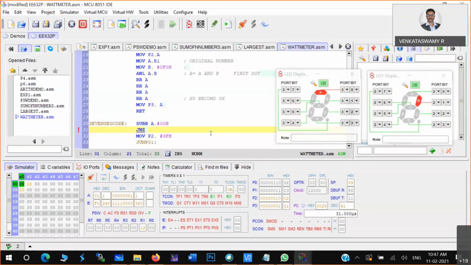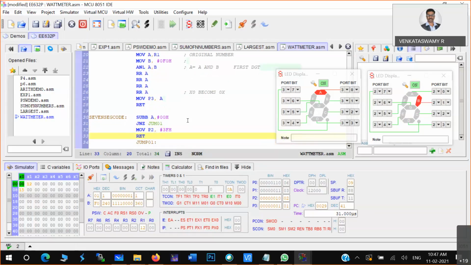If it is not 0, jump to 0, 1. Check 0, 1. Jump on no 0 to this particular place. So check for 1. After doing this display operation, you just come back to that program. Now see here: the number you have, you are subtracting some constant, and checking whether the result is zero or not. If it is zero, then you are doing something, or else you are giving it to the next function.